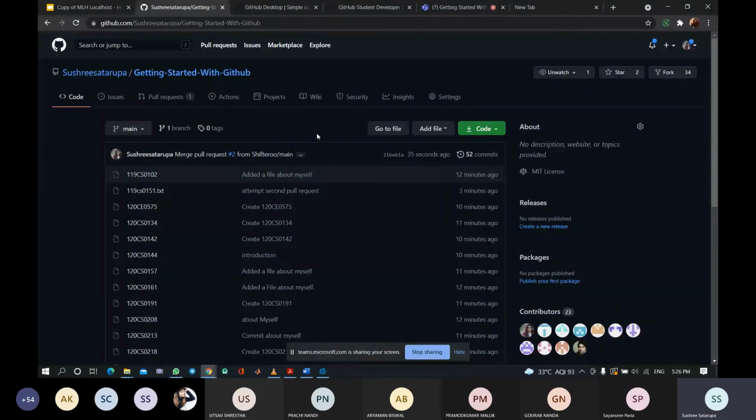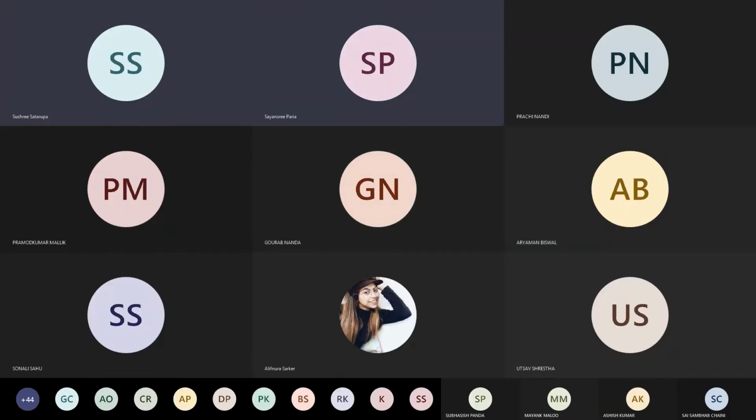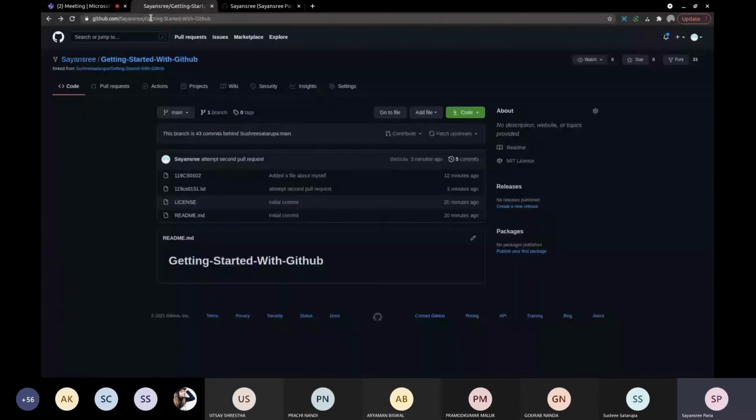So what you have to do, you have to, Sensi, can you show them how to, Sensi? Yes. So my screen should be visible by now. Yeah. Because all of you pushed on that repo, so that main repo is ahead of your repo. So if I reload this page, you can exactly see that the main branch is 47 commits ahead, or my branch is 47 commits behind the main branch. So it will show here.